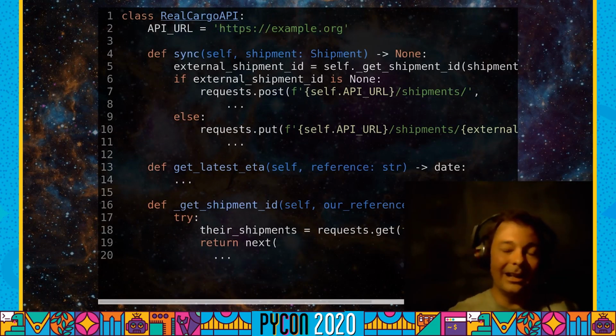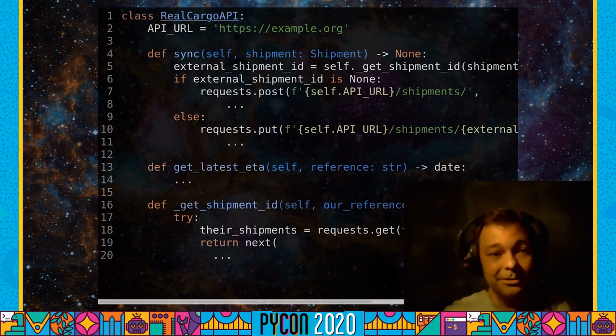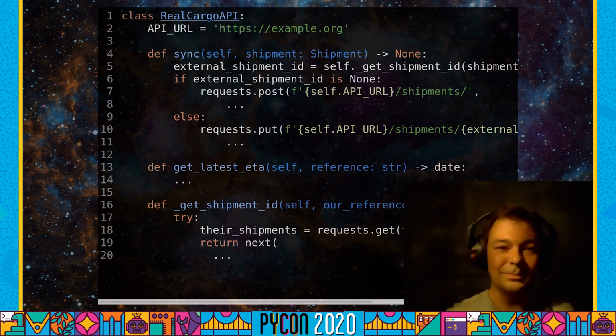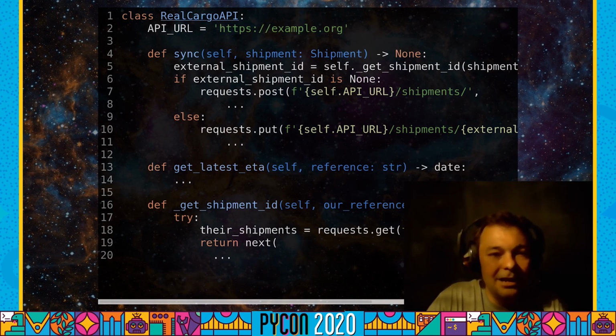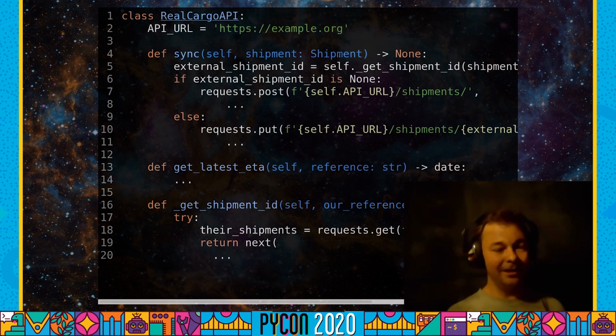I'm going to use a class here to represent my adapter. You don't have to use a class. I like to avoid using classes wherever possible. If you've never seen a classic PyCon talk called Stop Using Classes by Jack Diederich, I very much recommend it. But for the sake of this example, it's nice to think of the API as a thing. I'm going to make it a class and it's going to have an API. And what I mean by the API having an API is it's going to have a couple of public methods.